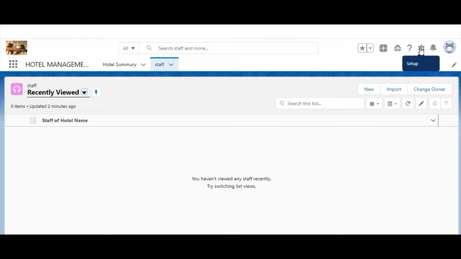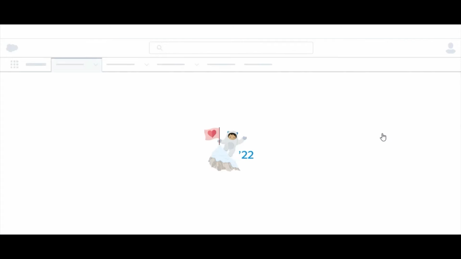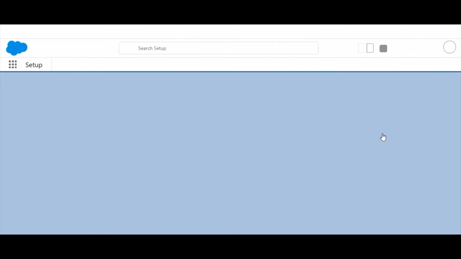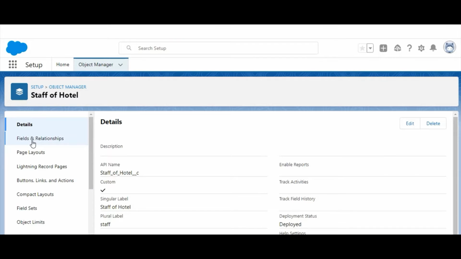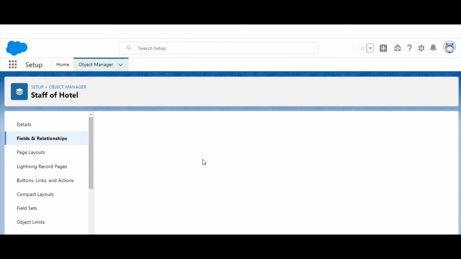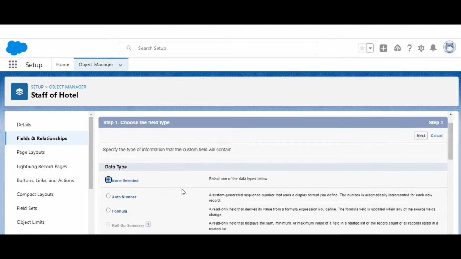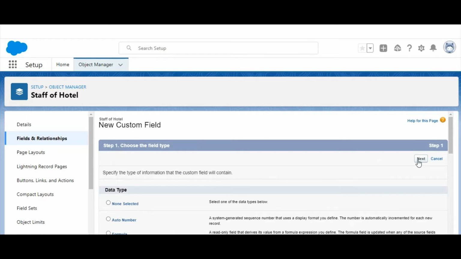So let's get started. Firstly, we'll click on the gear button and then click on Edit Object. From here, in the staff object, we'll click on Fields and Relationships, then click on the New button. Here we'll select the data type as master-detail relationship, and then click Next.